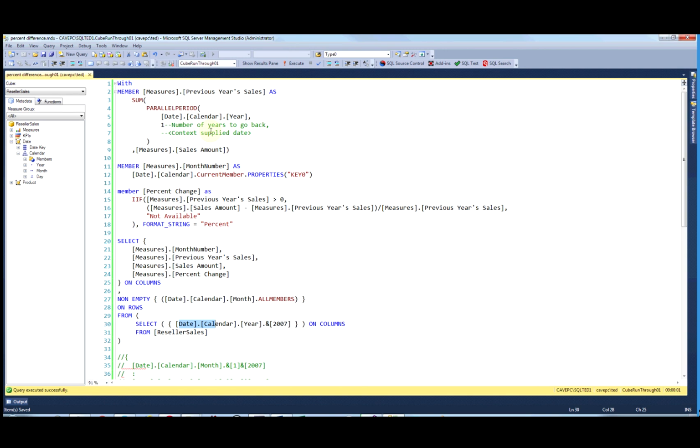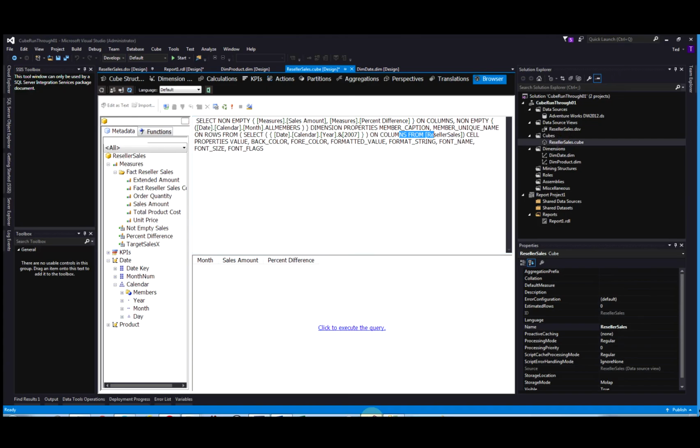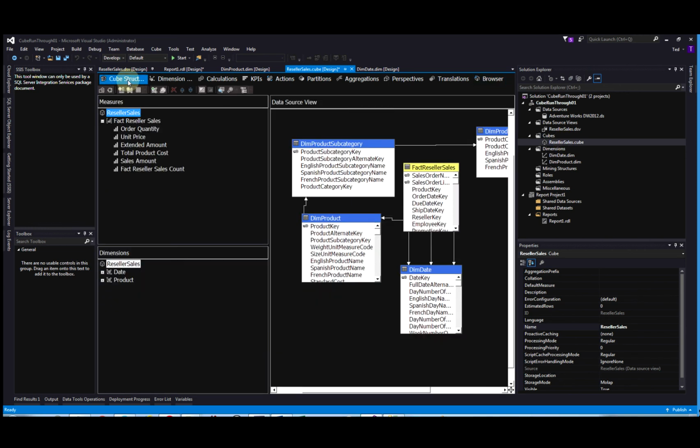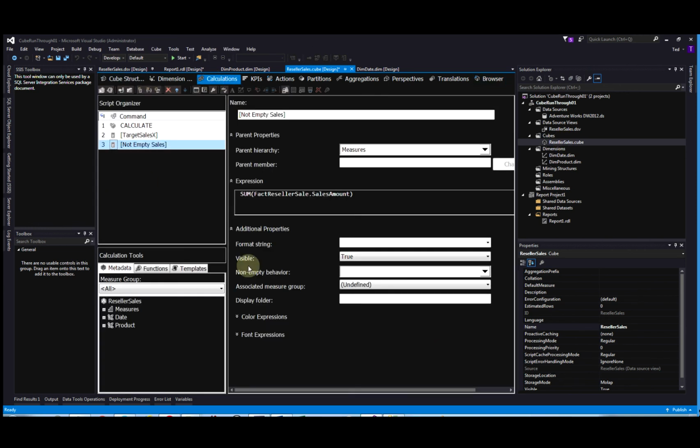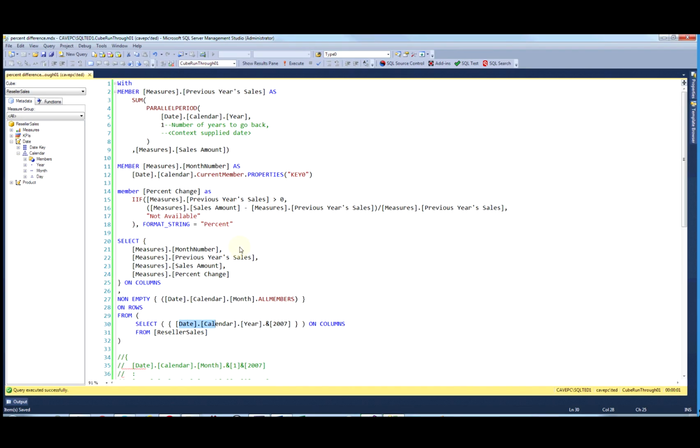But okay, now how do we use this? How do we use it for Reporting Services? How do we use it in our cube? Well, in our cube, we would want to take one of our calculations and embed that in a cube calculation. If we come back in here and look at our cube, we have this calculations tab, so we can take that code and embed it in a calculation. So for example, this percent change, we can take this code,